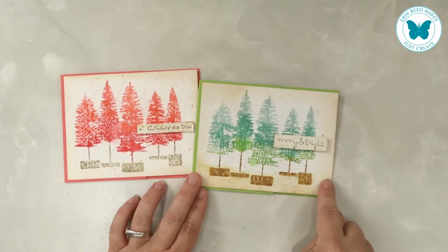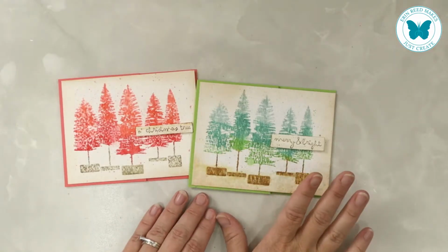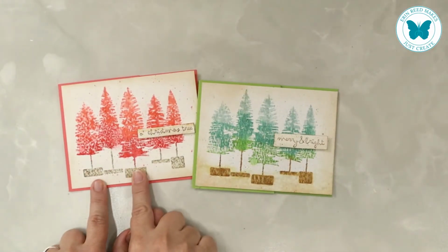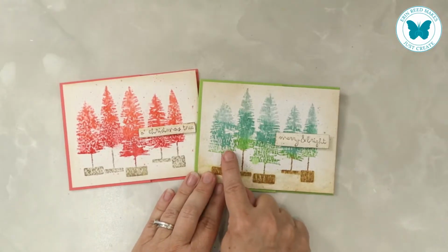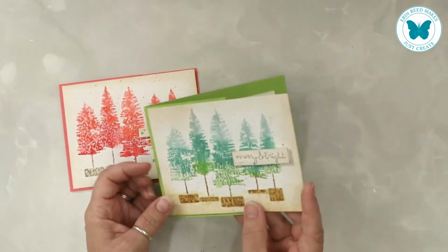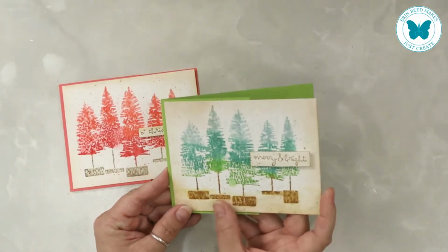It's a series of stamps, and they all have different bases, and you have the different trees. I don't know if it's two stamp sets. I'm not sure who this is from. This one she's done in all red, and this one I love how she's done a green and then the teal on top. This one she's also added a little bit of texture paste at the bottom, so it's like sitting in sand or like in